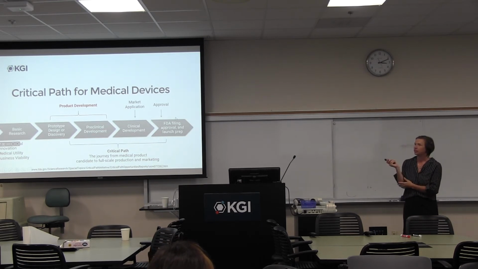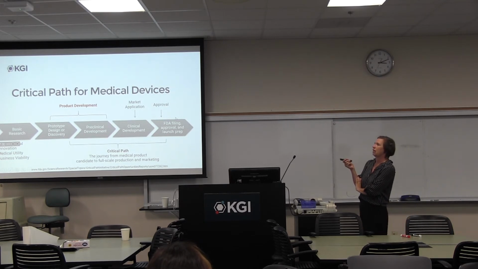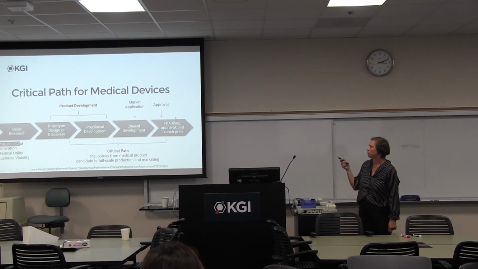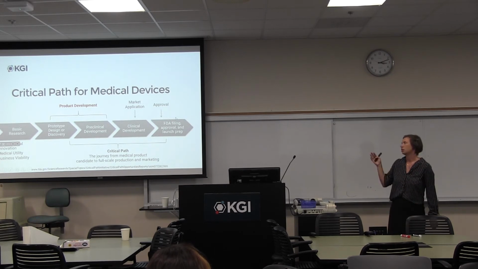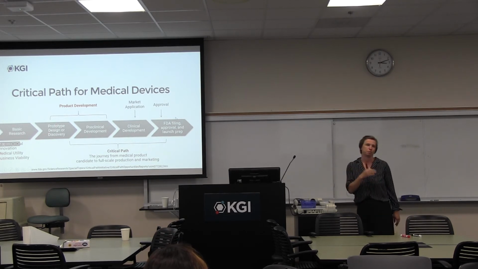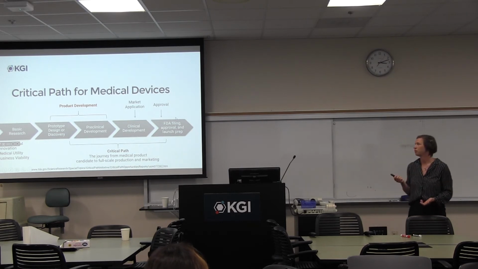In the gray is what the FDA calls the critical path for medical devices, what they consider important. You start with your basic research, you have some prototyping, and then the part that the FDA cares about is, okay, you have some prototype with wires and things hanging out working. Now you need to do preclinical development, which means build a prototype that looks and behaves like the real thing. Go take it, do the trials, get it approved. So all of their talk is FDA centric. The product development course I teach is around here, getting ideas from a user need into something that's functional by the end of the semester.